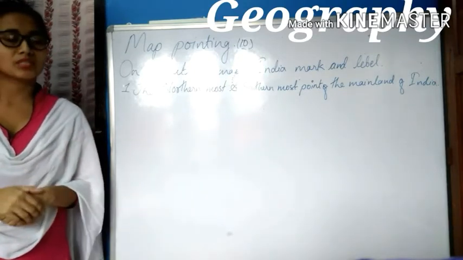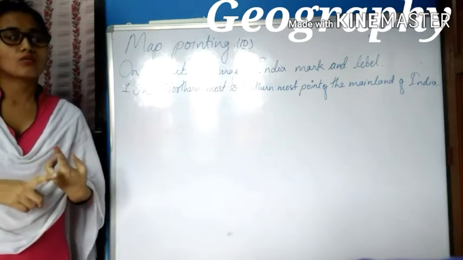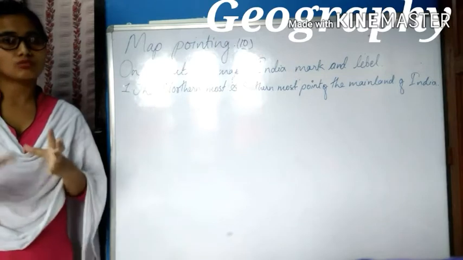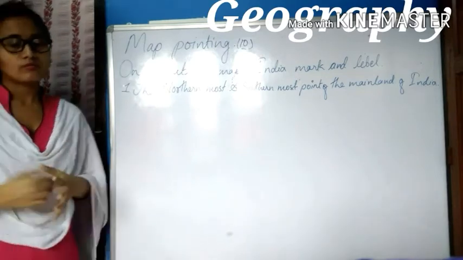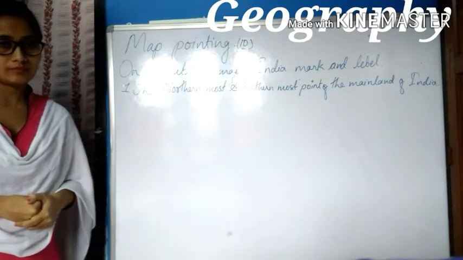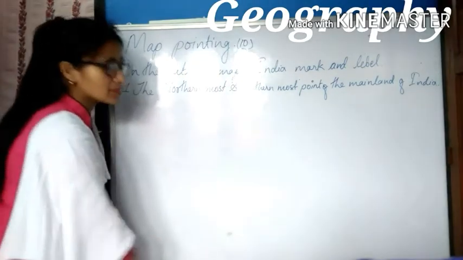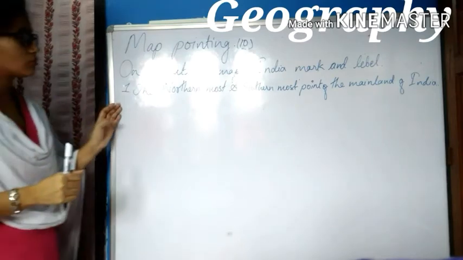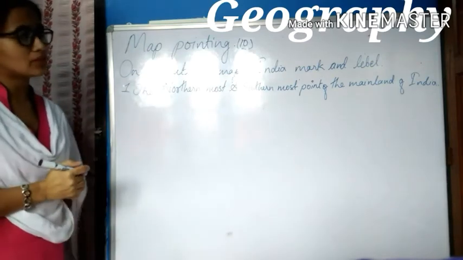Since I have completed two chapters, location setting of India and the relief features of India, based on these two chapters we will plot some of the points on the outline map of India. So without wasting our time, let us begin today's class. The first question you can see on the board: on the outline map of India, mark and label